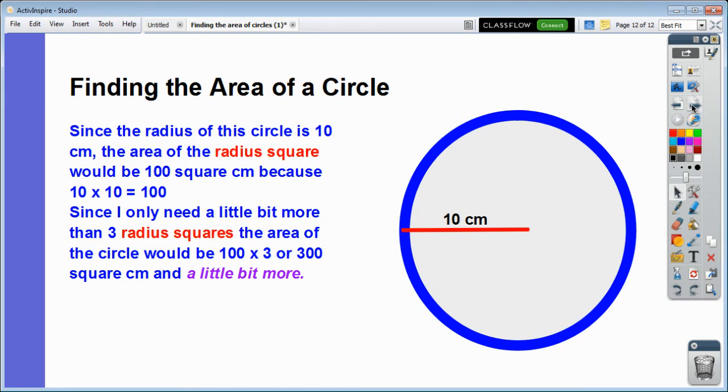What if my circle had a radius of 10 centimeters? Since the radius of